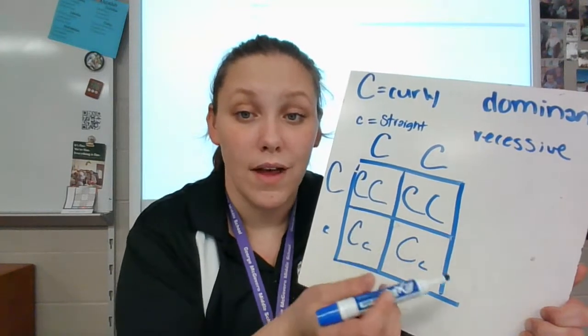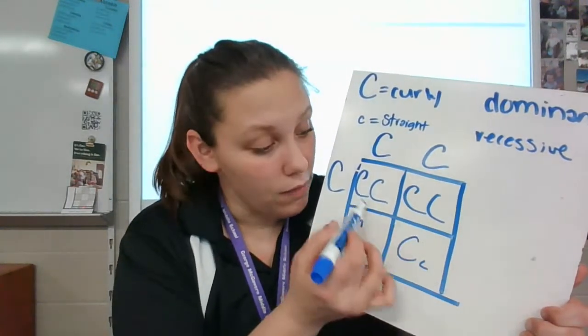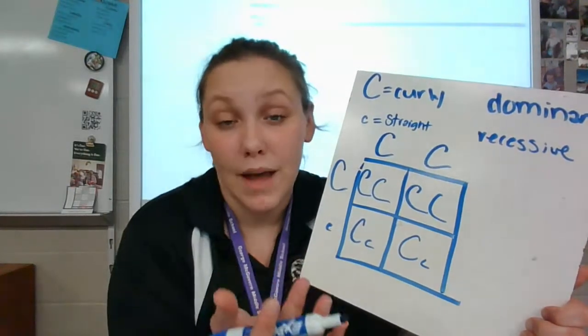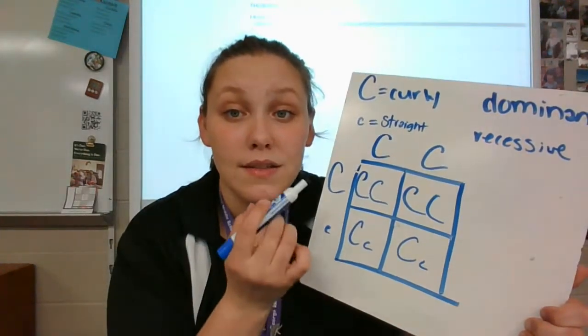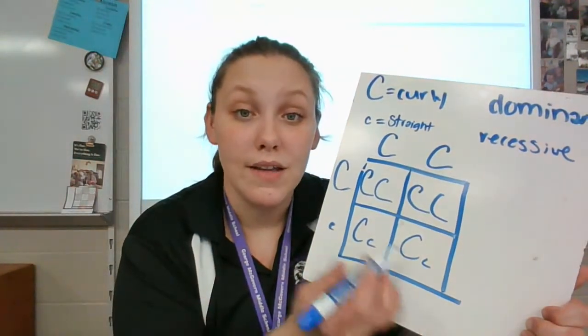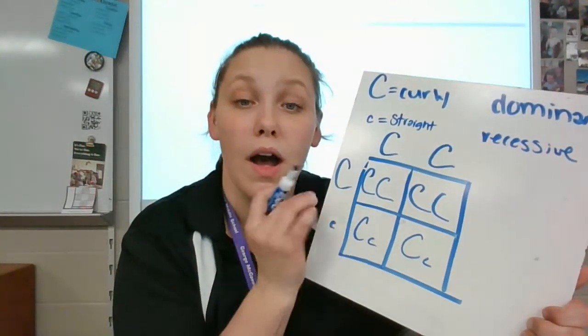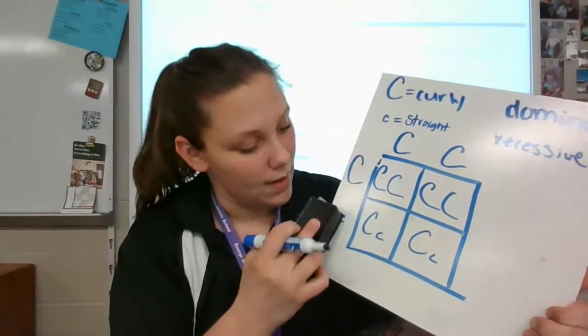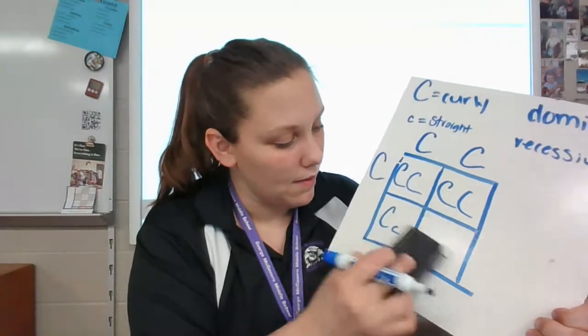25, 50, 75, 100. All 4 of these boxes have capital C's, like I said. So they're dominant traits. That means you're going to have curly hair no matter what. 4 out of 4 of these have dominant traits, so there's a 100% chance of you having curly hair. Now, if we change it a little bit,